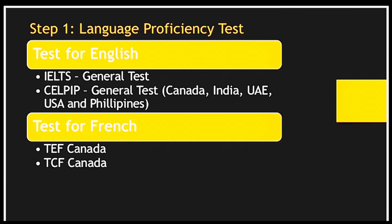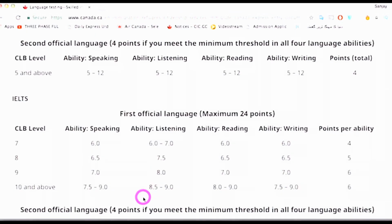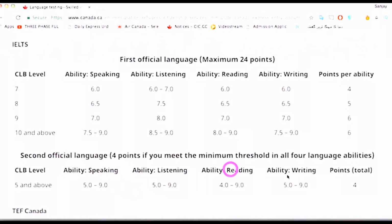Step 1 is to take a language proficiency test. You could either take one in English or in French, or you could just take both in English and in French, which increases your chances. And then also, you would want to check if whatever exam you're writing is available in your country. They also have a score requirement, which is available on their website, which is